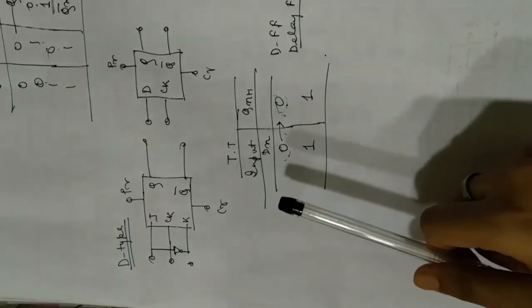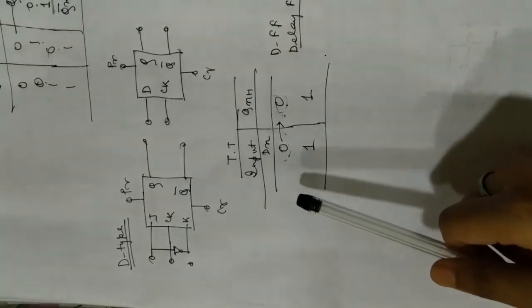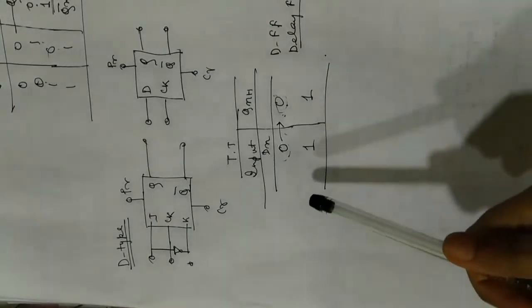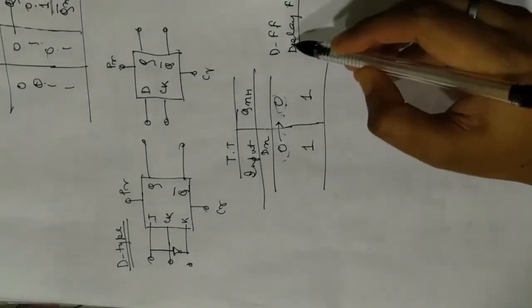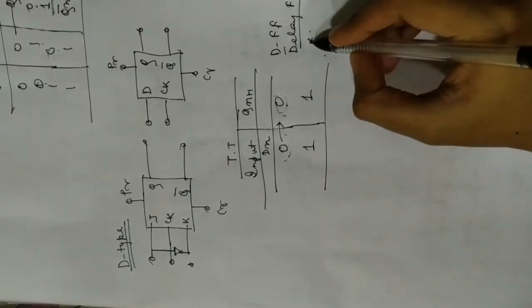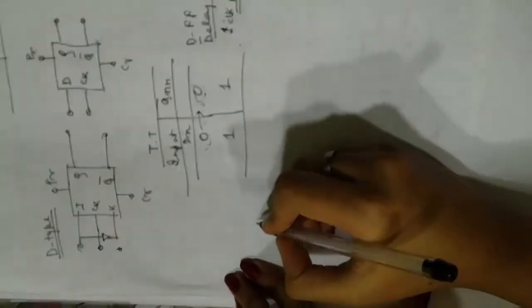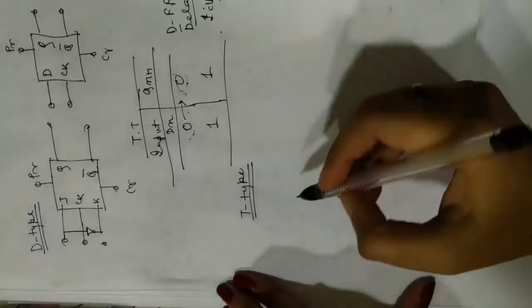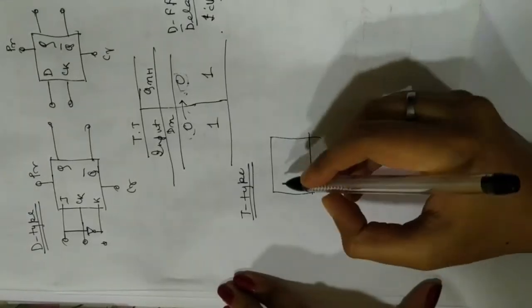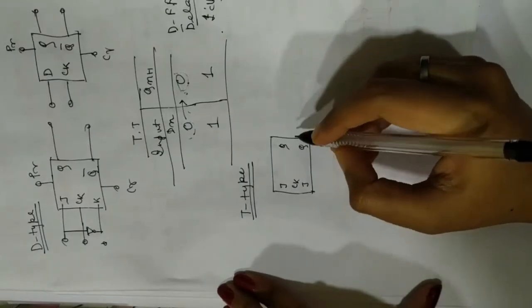Like in case of calculators, whatever you input, if you input a 1, you see a 1 displayed on the screen, right? So it is very helpful in case of registers. So whatever you give, you get that, just that it is delayed by 1 clock pulse. So that's all about a D-type flip-flop. Now let's see what a T-type flip-flop means. Okay, like I've just mentioned, a T-type flip-flop is nothing but a JK flip-flop where the J and K terminals are directly connected.